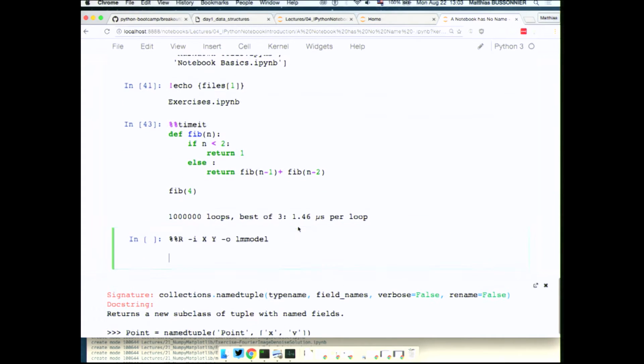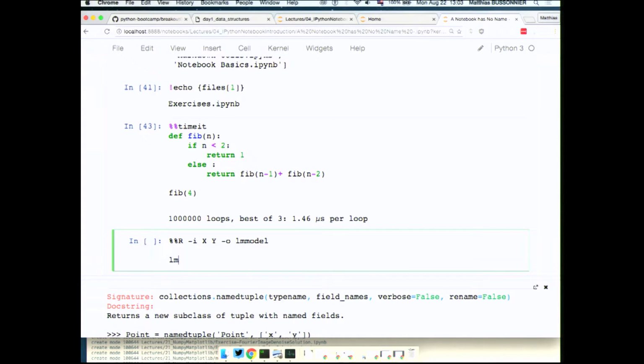And I can say, for example, I want to have LM model, which is my linear regression model of X versus Y. Here it won't work because I don't have the right library installed, but because you have a % or a %%, where % is just for a single line, and %% is for a whole cell, I can have in the middle of my notebook some syntax which is not Python and that will work with